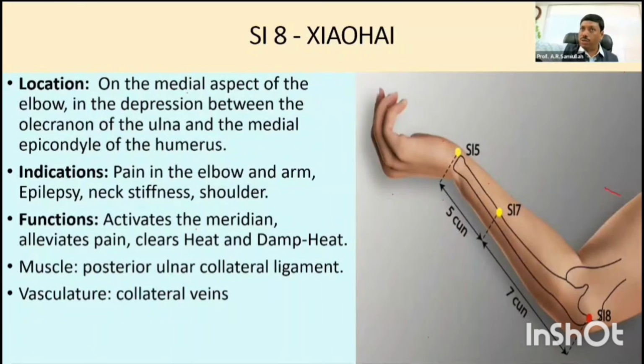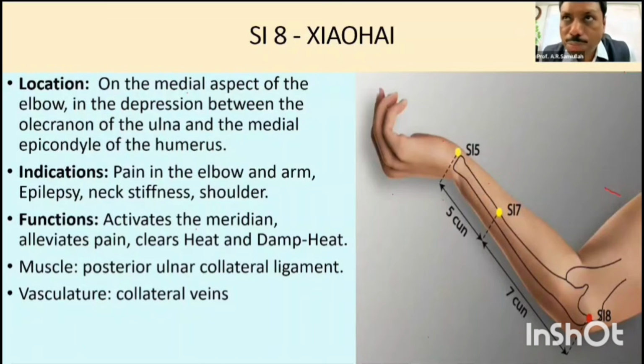Now SI8 is equivalent to Chixi, that is stomach 41. Once you apply SI8, the excessive heat in the colon and also the stomach heat are regulated. So stomach 41 is equivalent to the SI8 point. SI8 is the sun point, but stomach 41 is the mother point. It nourishes energy to the stomach, but it takes energy from the small intestine. So small intestine energy drains out.